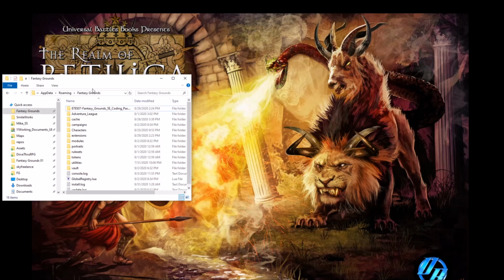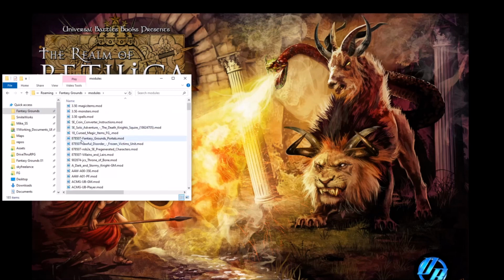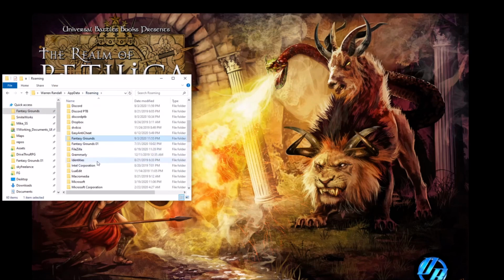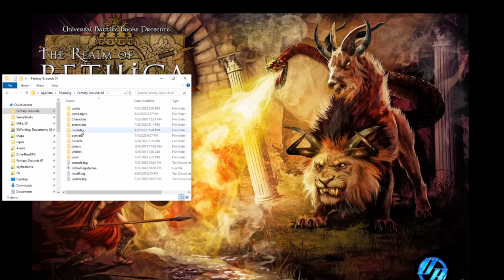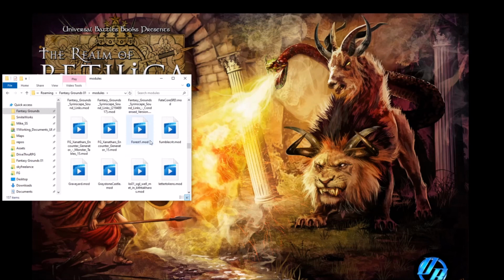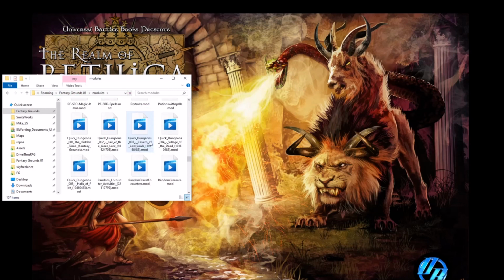The next thing you want to do is go to the Fantasy Grounds module folder that has the module that you need to modify. So we go here, and actually, I want to do this one. Let's go to this one here, and we're going to browse to the module that I was trying to work on, which was the quick dungeon, hidden tunnels. I'm going to right click, and we're going to copy this